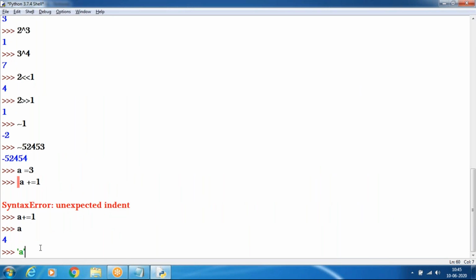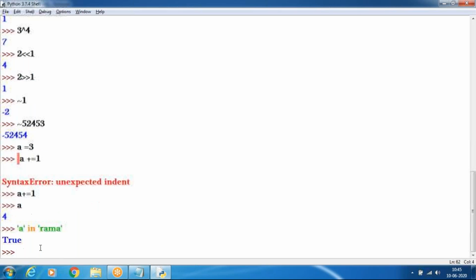A in Rama, yes, it's true. The string is the sequence, and we check whether A is available or not. A is available, that's why it produces true. In case I use E in Rama, we'll check it out. It's false.